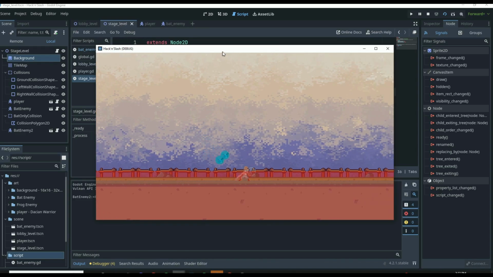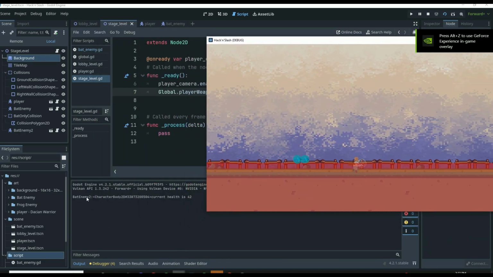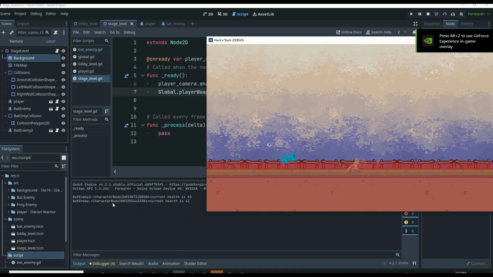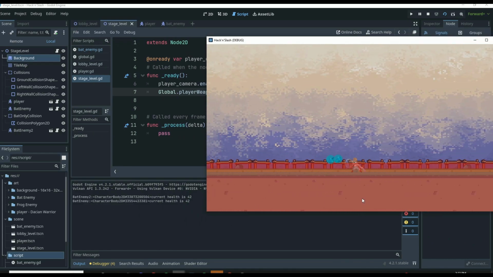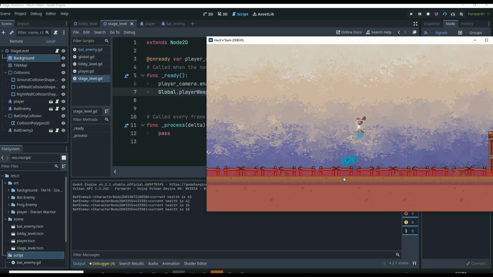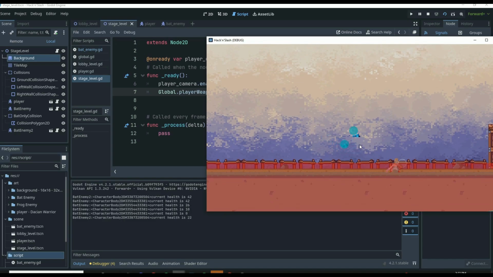If we look at our output down here, you kind of see that's bat 2. Its health is equal to 42. We hit it again. This is bat 1, equal to 42. That's bat 1 equal to 26 because we hit it with a double attack. We hit that one with a double attack. Let's hit it with an air attack. You're going to see this bat's going to end up dying. This bat is going to end up